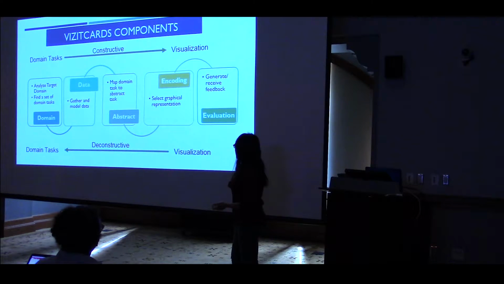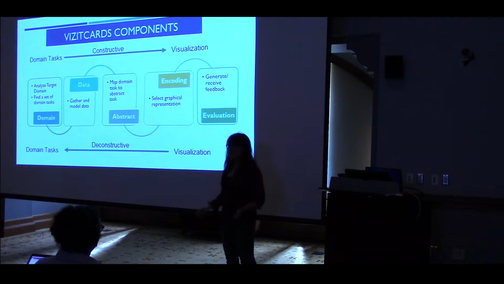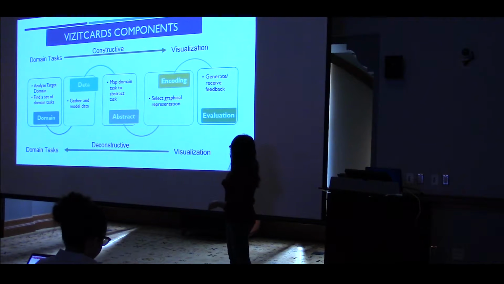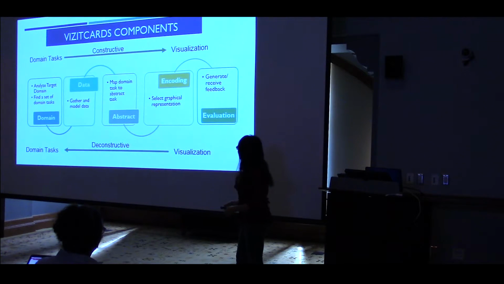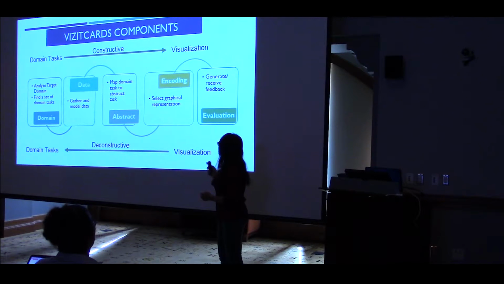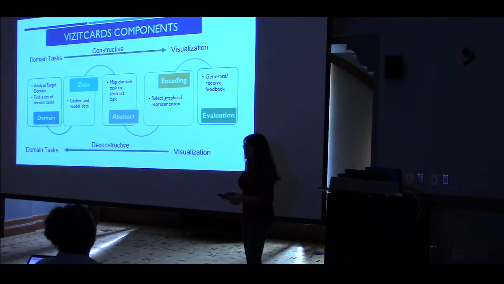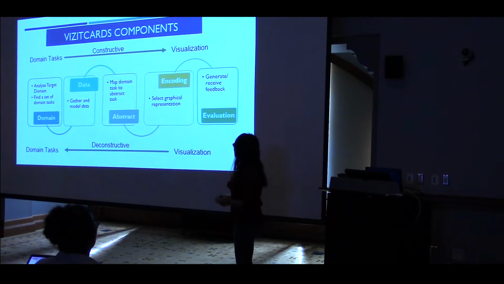We can also go in backwards. We give them a visualization, we ask them to analyze the encoding, abstract data, and find out what are the domain tasks that this visualization is supporting. So those are the 2 configurations that we're using right now. And I'm going to give you one example for each direction, just to see how they're different from each other. So let's look at a constructive example first, because it's very straightforward and